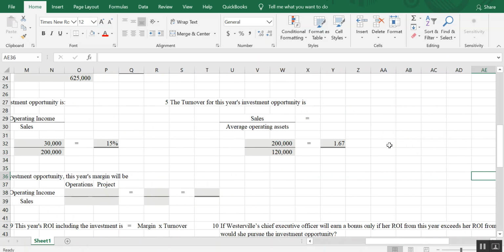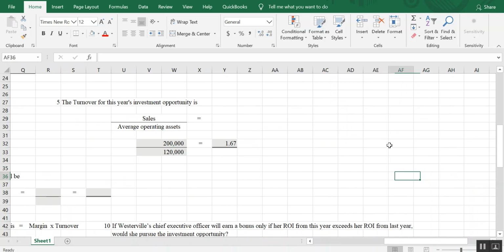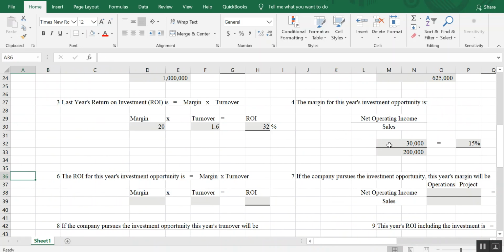And now number 6. Number 6 is going to be the return on investment for this year's opportunity. So we're going to take the margin that we calculated times the turnover rate. So if you remember, the margin was 15%. And then we're going to go to the turnover, and I'm going to use the rounded number, 1.67,